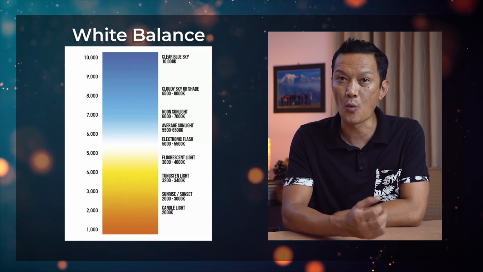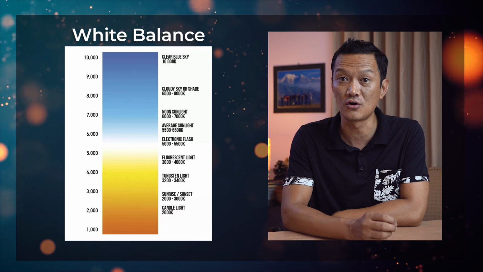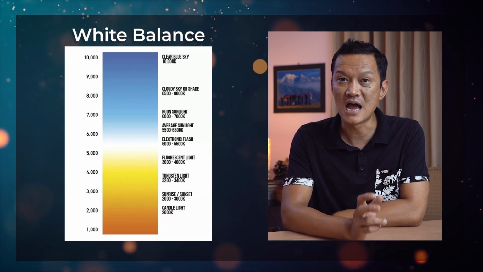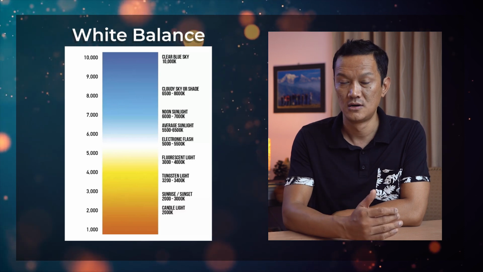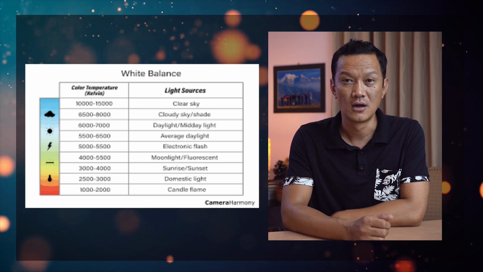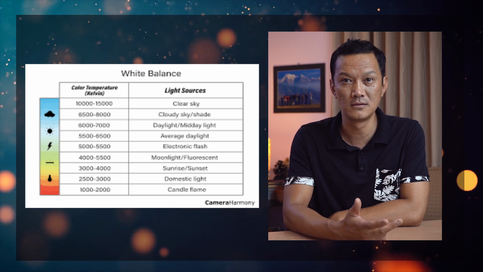And if you're getting more white light, like if you're outside on a sunny day or if you've got a tube light, white light, then you'd be using a higher Kelvin to bring it down, to make it warmer. So you could use the preset as a shortcut, cloudy, fluorescent, bulb, sunny day, depending upon what kind of lighting